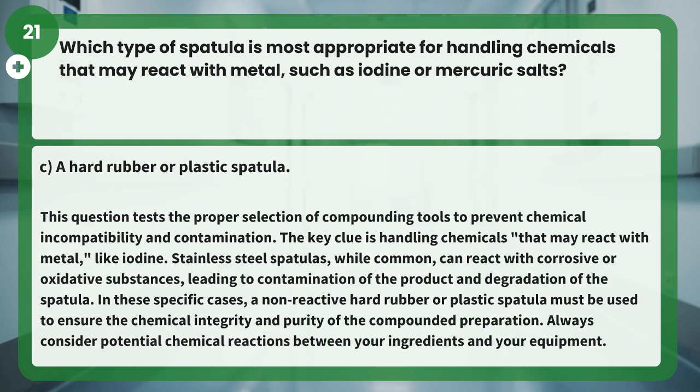Answer: C. A hard rubber or plastic spatula. This question tests the proper selection of compounding tools to prevent chemical incompatibility and contamination. The key clue is handling chemicals that may react with metal, like iodine. Stainless steel spatulas, while common, can react with corrosive or oxidative substances, leading to contamination of the product and degradation